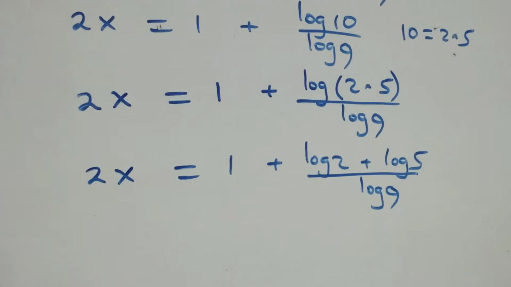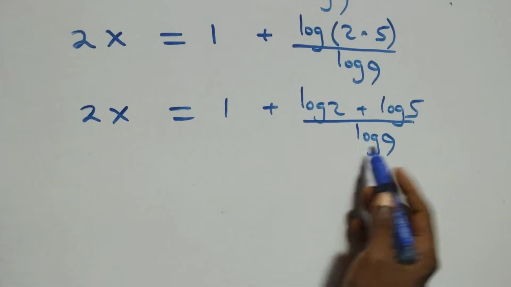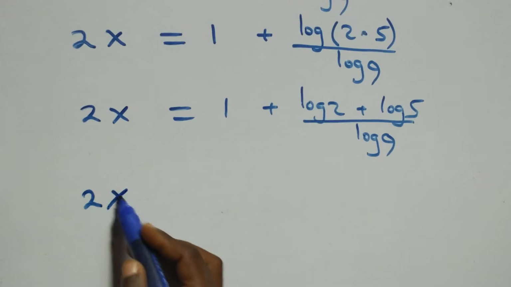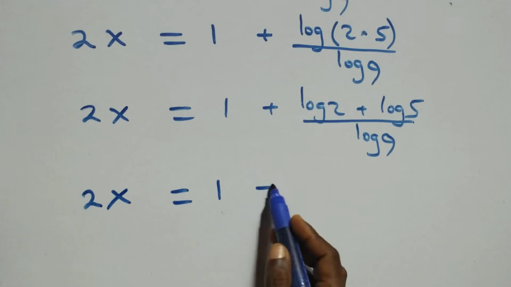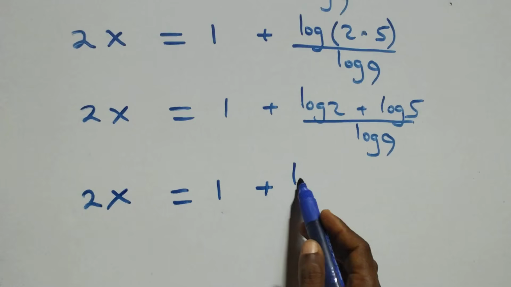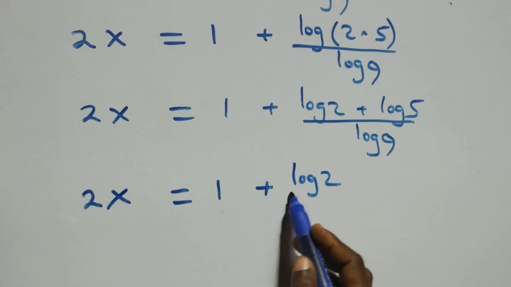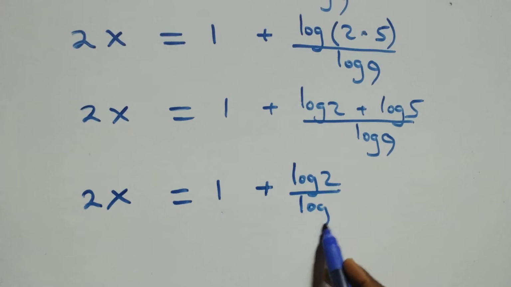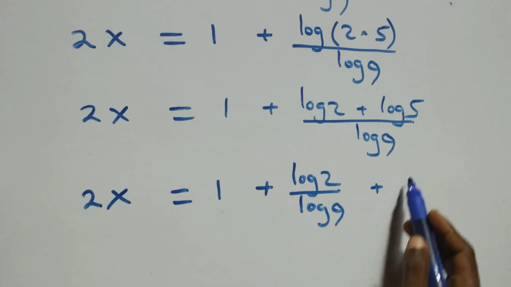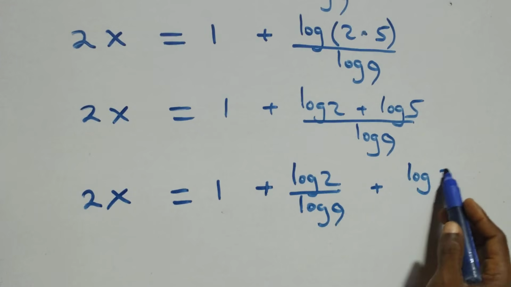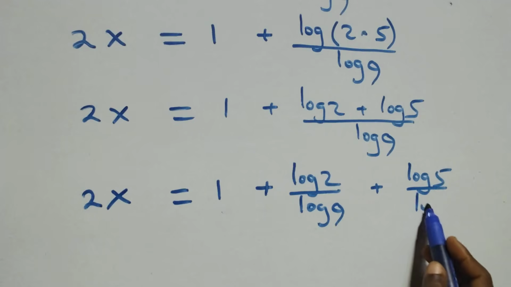Then separate this into two fractions, and we have 2x equals 1 plus log 2 over log 9 plus log 5 over log 9,